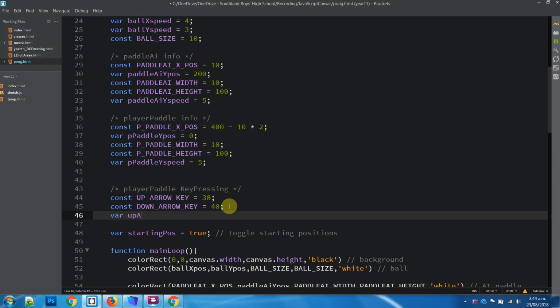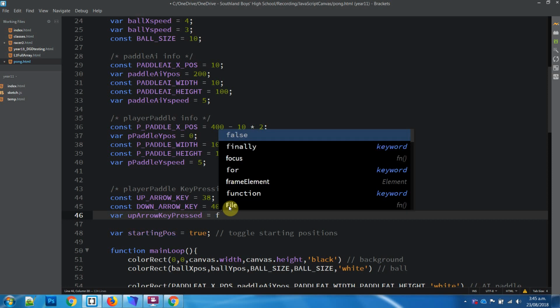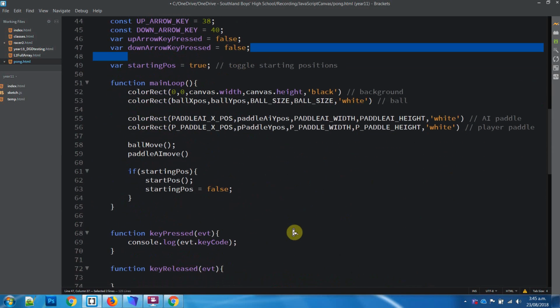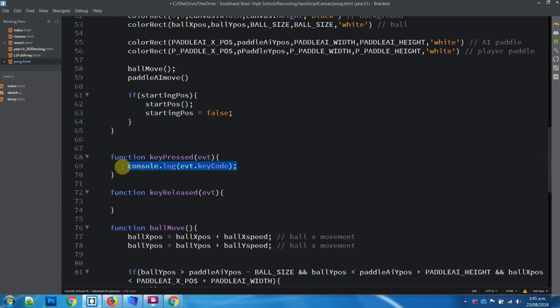Up key pressed equals. I'm going to start off with false because assuming we're not holding a key down to start. Then in here we're going to obviously do this, and then it'll be if